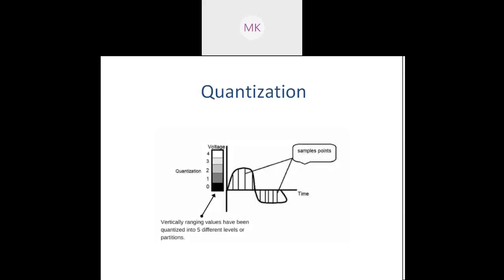This shows the quantization process. Here the number of levels has been considered along the y-axis and the x-axis remains as it is. The time signals are assigned to the x-axis, which represents the continuous time signal, and y can be divided into different levels. It can be divided into 0, 1, 2, 3, 4, which means 5 different levels have been considered for the quantization. Along the y-axis we represent different levels and the x-axis represents the continuous time signal. So all these are about sampling and quantization.